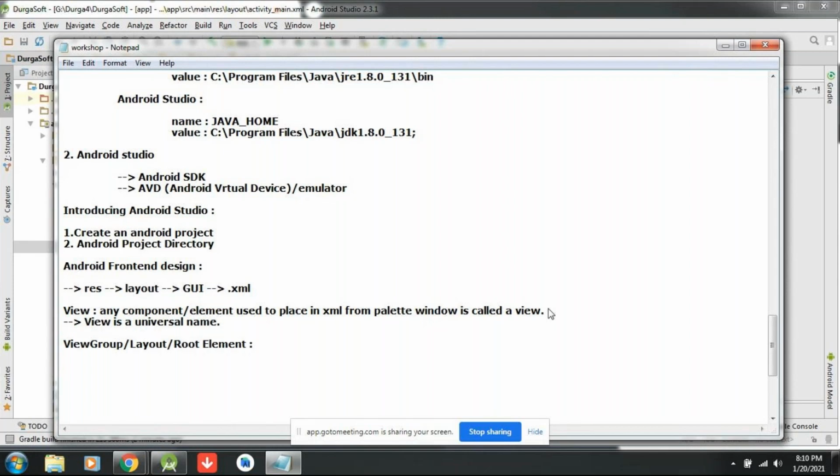Second point: each view is defined with its own name.